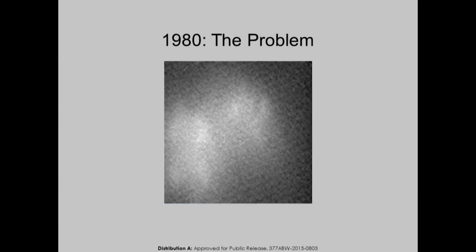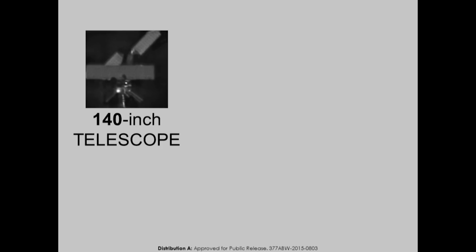So it's 1980, the Cold War is raging on. The United States is desperate to find out what the Soviets are doing in space. In order to do that, we need high-resolution pictures of their satellites. But our ground-based telescopes, when they take a picture of a satellite, they get this. And the problem is the following. If I had a large telescope, and we figured we needed about a 140-inch telescope to see the details that we were looking for,